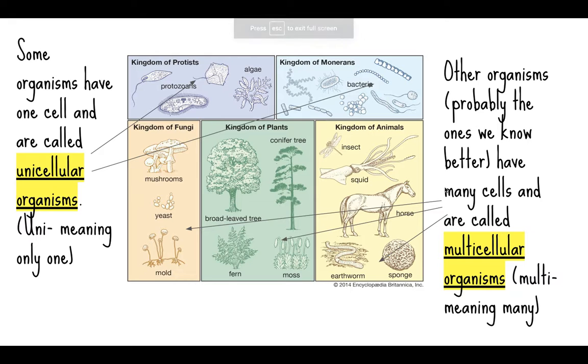So if we look, there are different kingdoms. The protists and bacteria kingdoms, those are single-celled organisms. So what that means is they are only made out of one cell. Multicellular organisms are going to be found in your fungus kingdom, plant kingdom, and animal kingdom. And those are things that are made out of many cells. So instead of just one, we have millions and billions of cells in our body that are all working together.